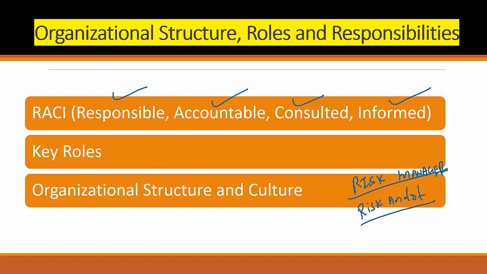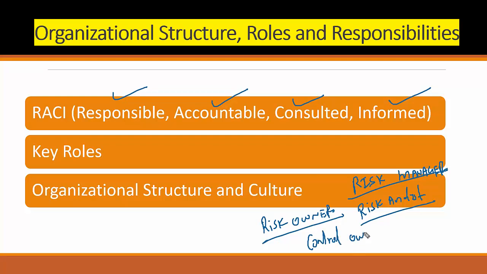Then we have another profile, which is called the risk owner. When you're talking about the risk owner, it is the individual in whom the enterprise has invested the authority and accountability for making risk-based decisions, the one who owns the loss associated with the realized risk scenario. So senior management and the board of directors are the risk owners. Then we have another one, which is called the control owner.